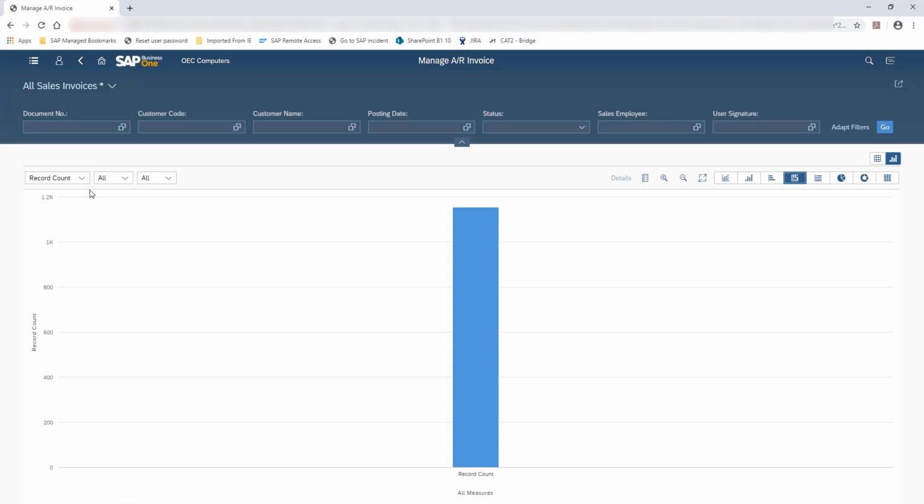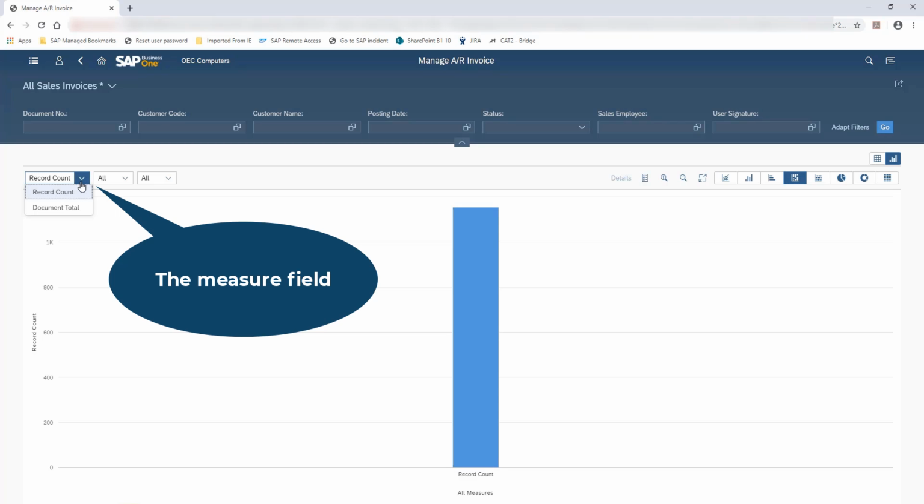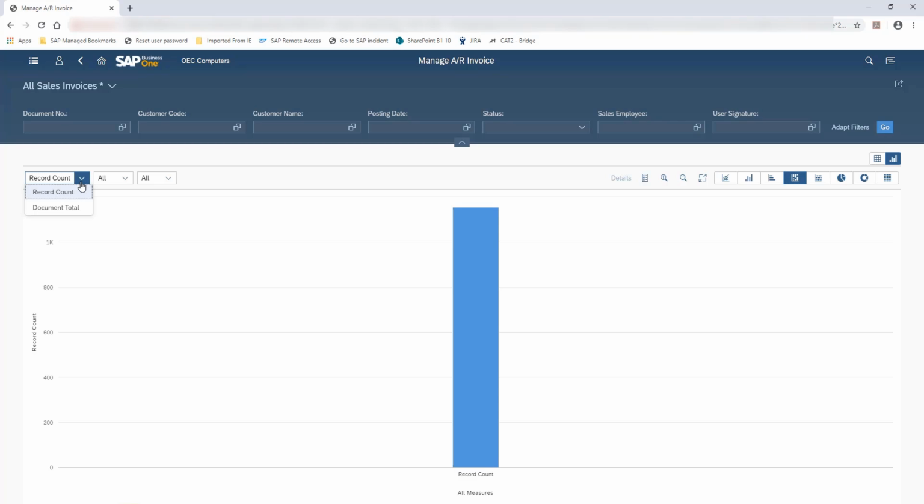And there's 3 very, very important fields on the left-hand side of the chart. And the first of those fields, I'm going to pull it down to open it, is called the measure field. So this is the measure field. And we'll understand exactly what this means as we go along, as we see some of the charts. This is the measure by which the chart is